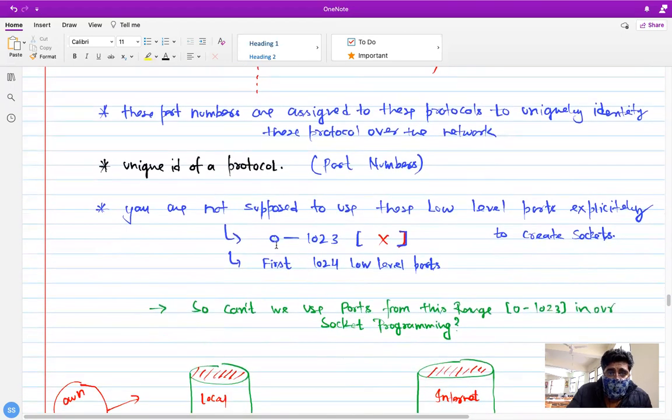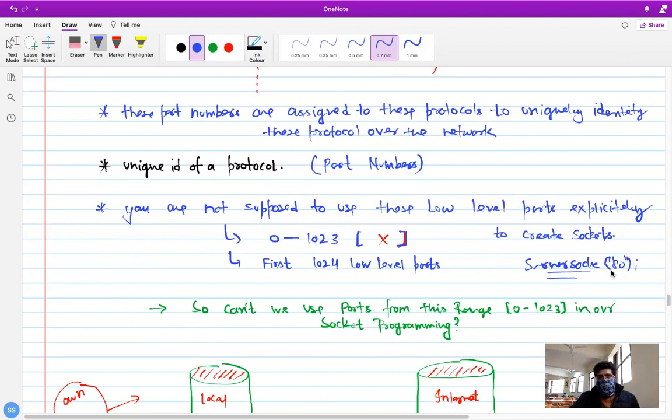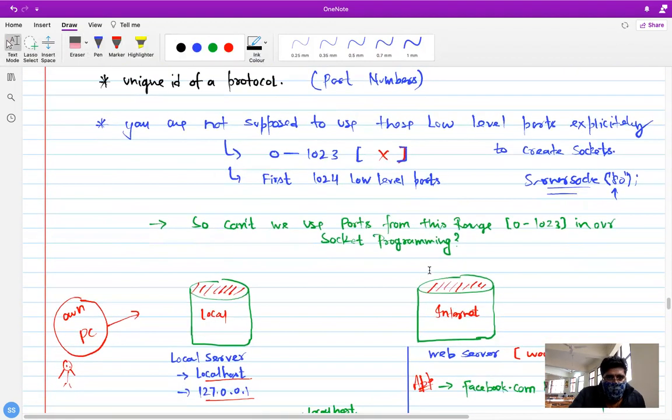If this is the range which is fixed by IANA, it means we cannot use it. In the simplest way, if I want to ask you: we use the Socket class and ServerSocket class, can we use port 80 there in the ServerSocket? If you remember, in this ServerSocket class we pass a port number, right? So can't we use that? Let's explore that, because if you know the answer, you will get a good understanding of this concept.